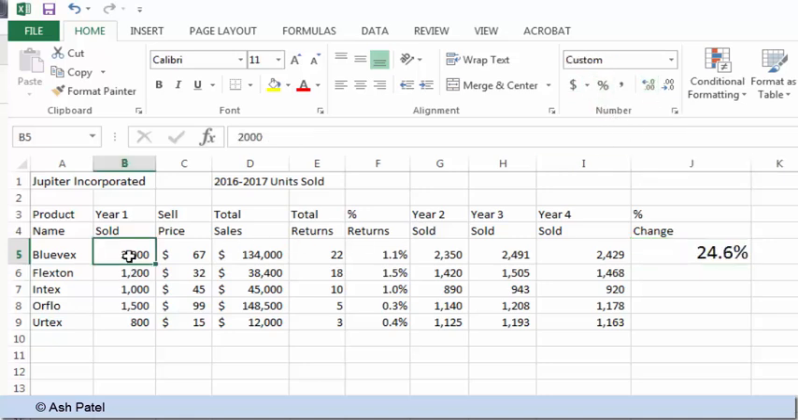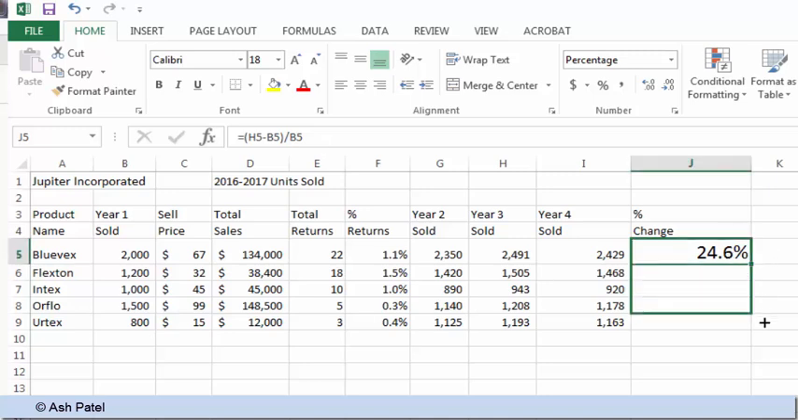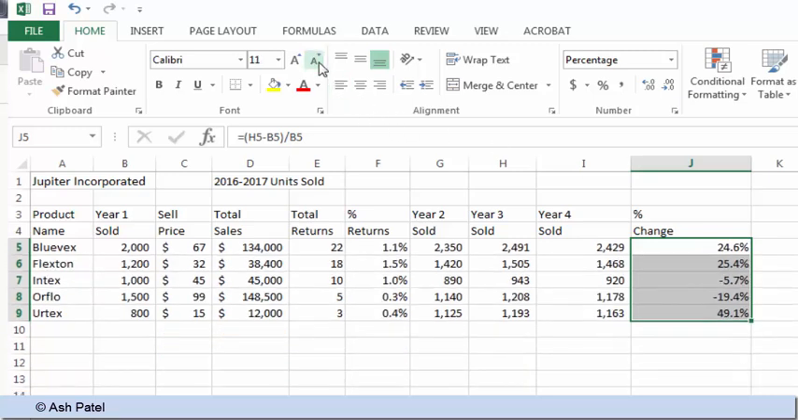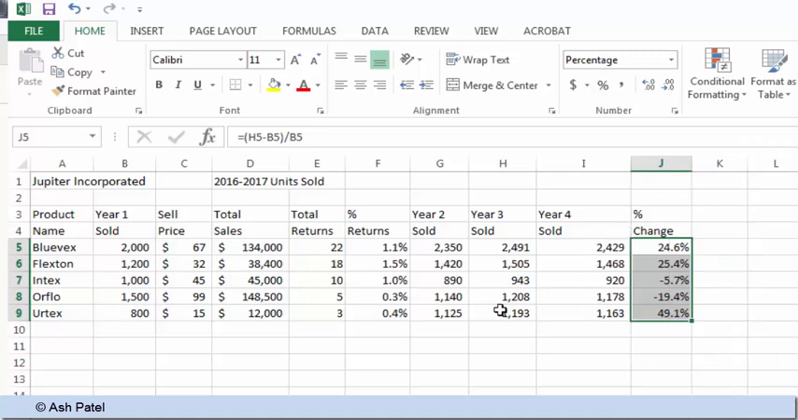So from year 1 to year 3, we sold 24.6% more units. Okay, that's the way you look at it. And let's make it one decimal. Let's copy that down. All right, there we go. So now, relatively speaking, for each different product, we can see, regardless of the quantity and change, we can see